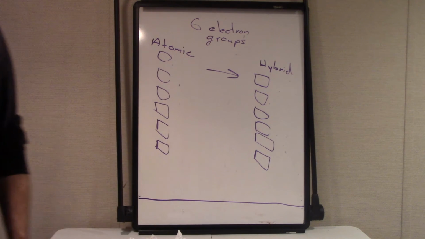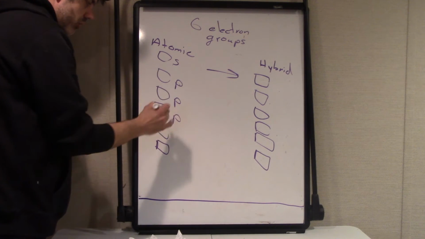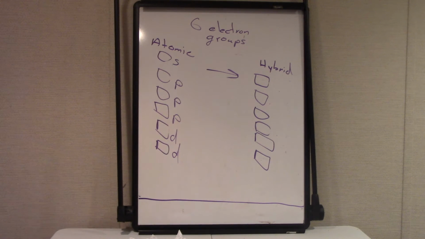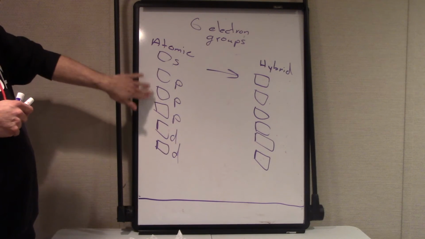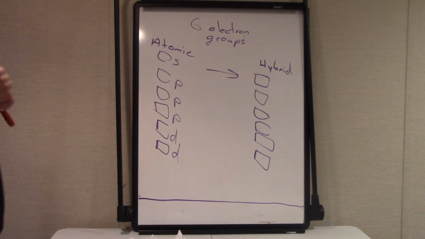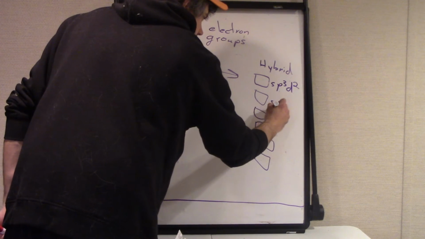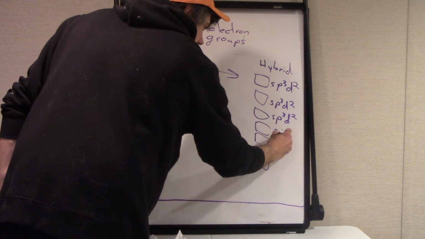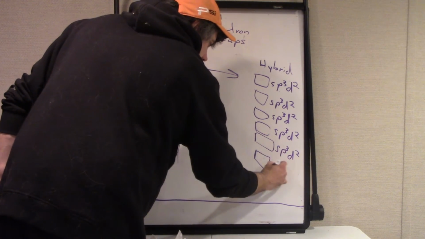Which atomic orbitals do I need to use? Start with an s, then use your 3 different p orbitals, and then your last orbitals you'll have to use d orbitals in order to get up to the number that you need. So what type of hybrid orbitals get created? Well, the atomic orbitals used were an s, 3 p's, and 2 d's, so our hybrid orbitals are sp3d2. That's the type of hybrid orbitals that get created